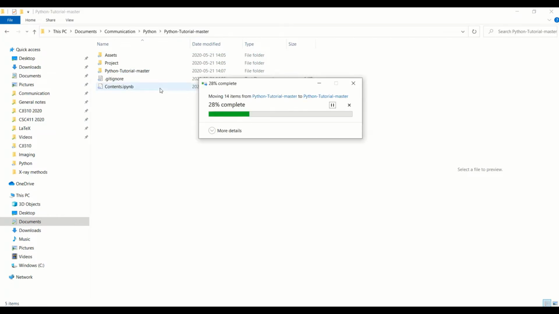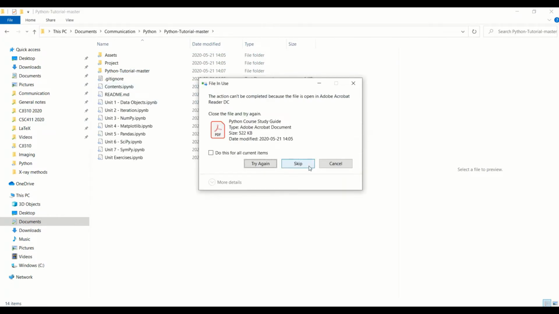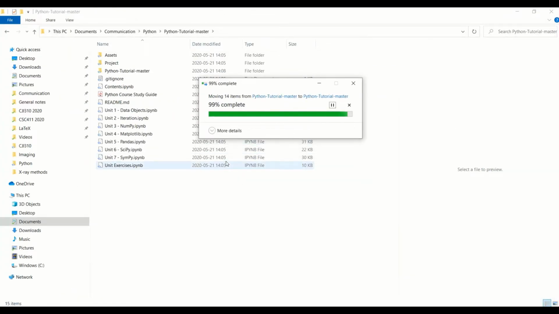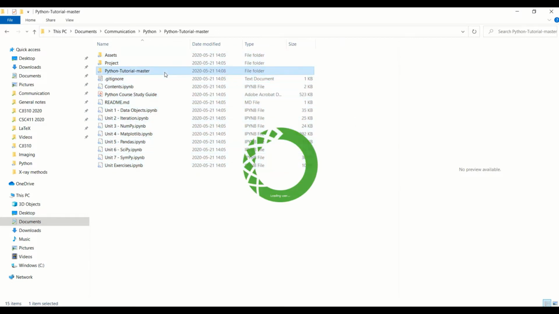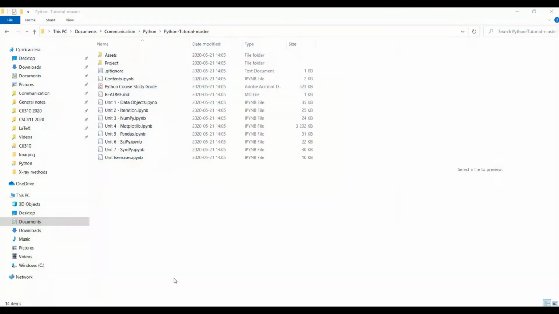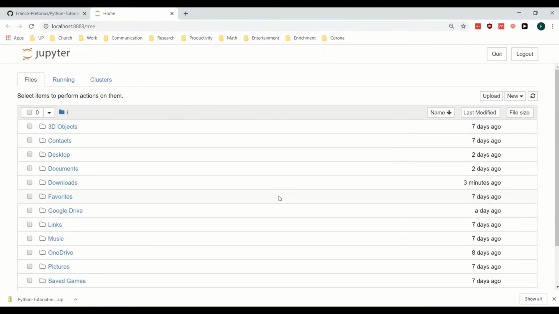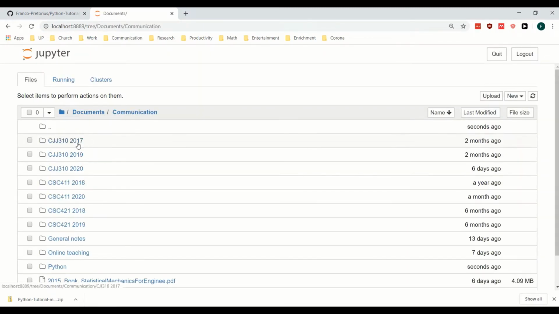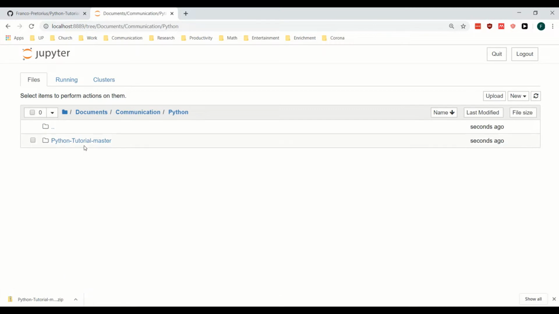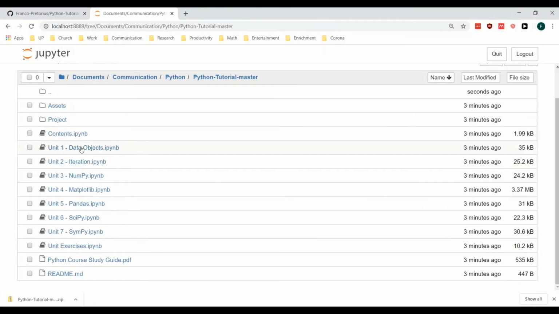Paste all of this here. Okay, and launch Jupyter. Now,